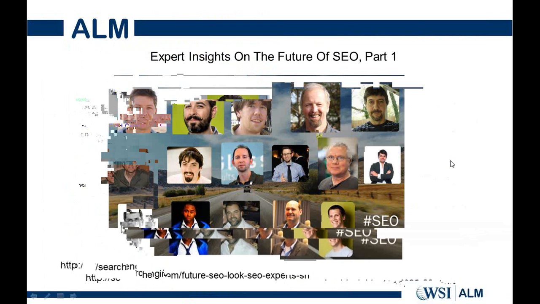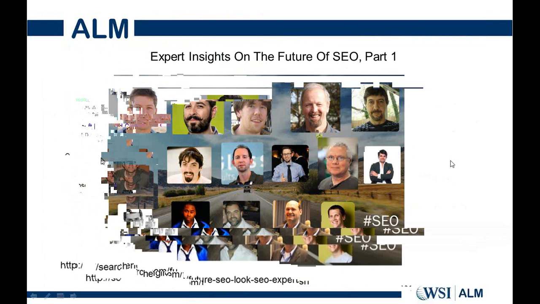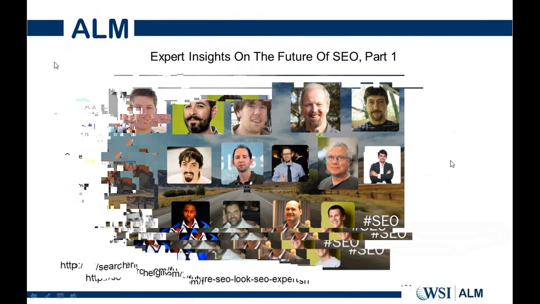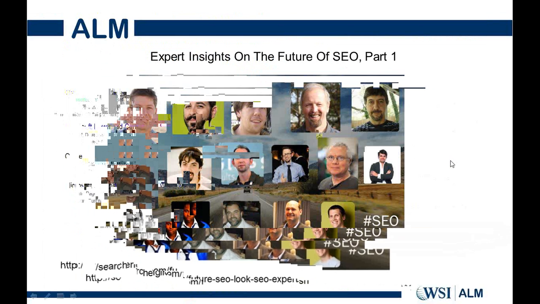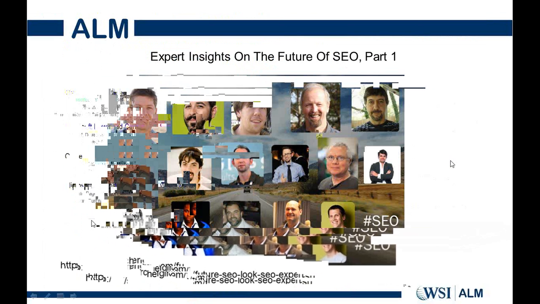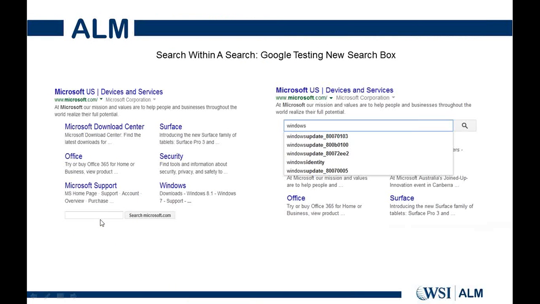What it also does is it actually brings up a sub box. So that's like a search within a search. The original search brings you the Microsoft listing, and then there are site links, right? There are 6 site links being displayed for Microsoft, and then there's a search within a search box within Microsoft, which is searchmicrosoft.com.